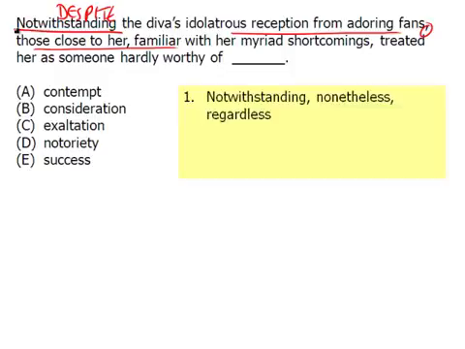However, there are some others that we haven't gone over yet, and some are nonetheless and regardless. These are important other reversers. However, if you were to put those in word for word, maybe it would kind of work: regardless of the diva's idolatrous reception, and nonetheless, or the diva had an idolatrous reception from her adoring fans, nonetheless. So you can see same function, but maybe you'd have to twist up the grammar a little. So I like to use despite as a substitute for notwithstanding, but again, all three of these words are reversers